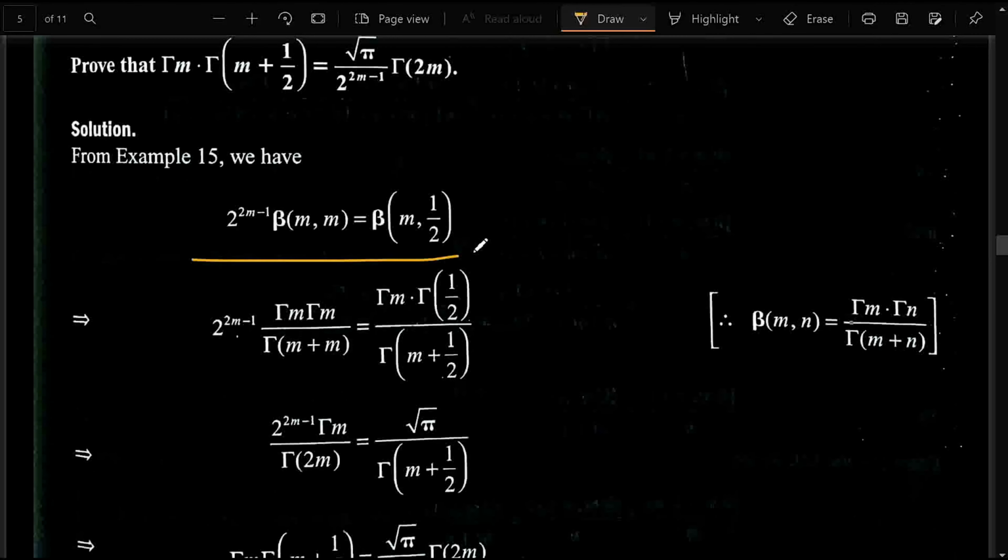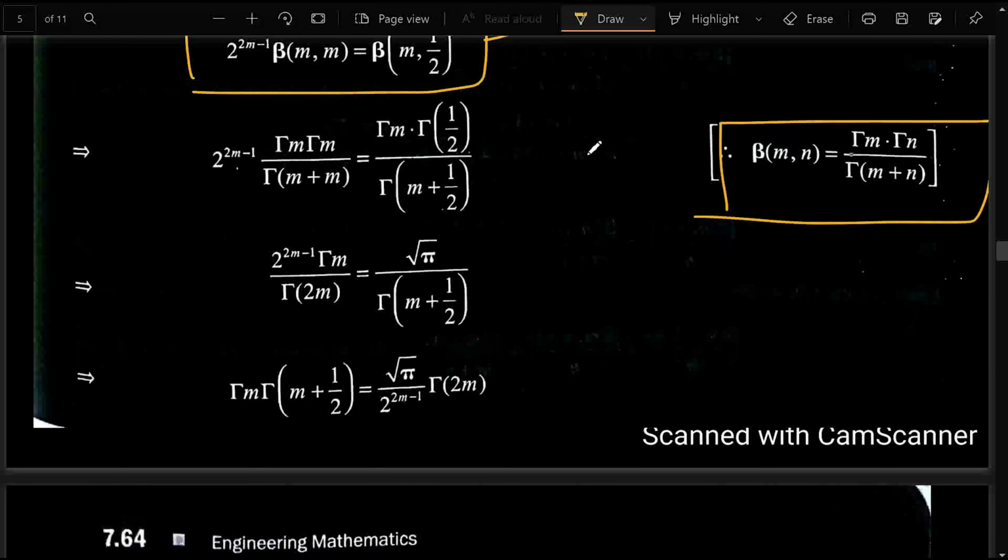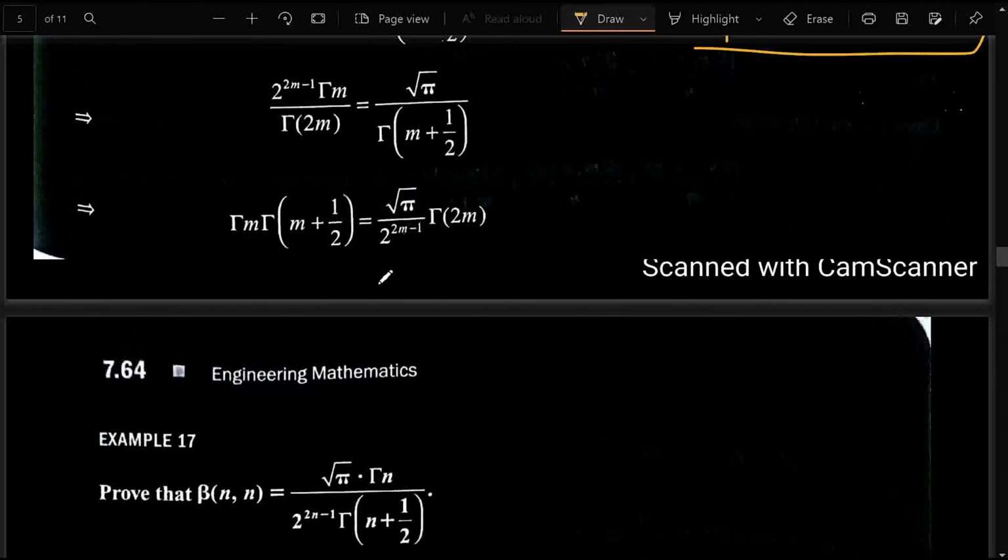So we know this from example 15, which we saw before. What they are actually doing is just changing every beta function into a gamma form. We know that a beta function can be written in a gamma form. This is a relation between beta and gamma functions, and now they are writing it and cancelling the m, and with simplifications we get this. So that's it. That is the result.